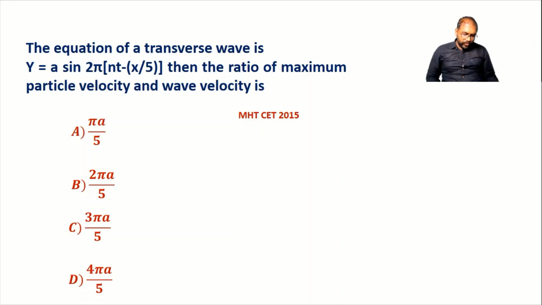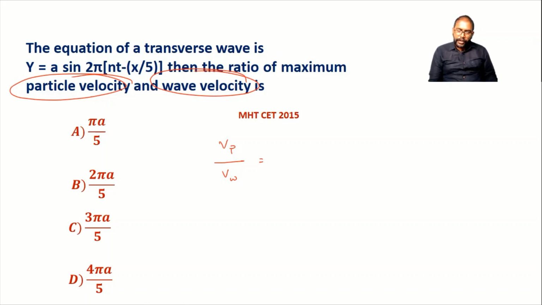Now see here, in this MCQ, the equation of a transverse wave is given, and we have to find out the ratio of maximum particle velocity to the wave velocity. So the ratio of these two we have to find out. Note one thing here: you must know the particle velocity formula as well as the wave velocity. Let me tell you, V particle for particle velocity divided by V w for the wave. Particle velocity is given by the formula omega under root a square minus x square.